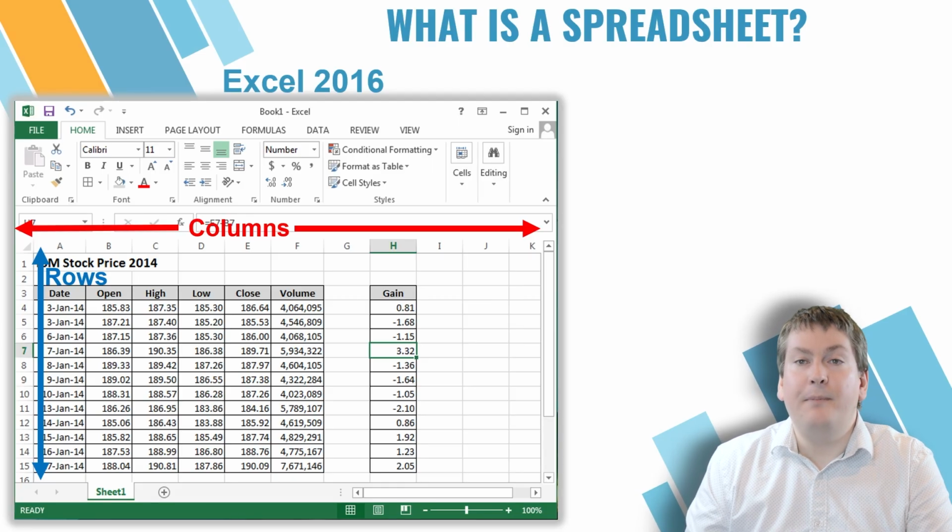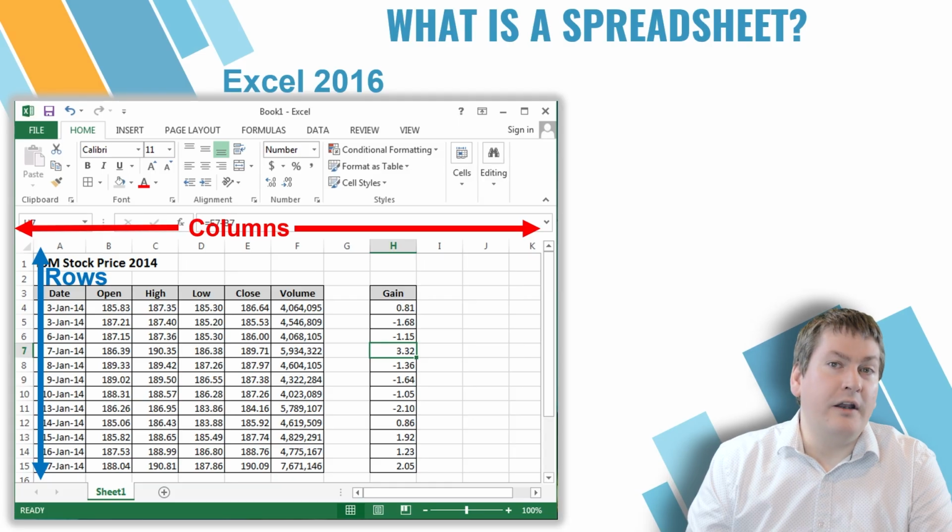When we get past column Z, it will add a second letter. So it would be things like column AA, column AB, column AC, and so on, all the way up to column XFD, where it ends. Rows are referred to by number, so we might have row 1, row 2, row 3, row 4, and they go all the way up to